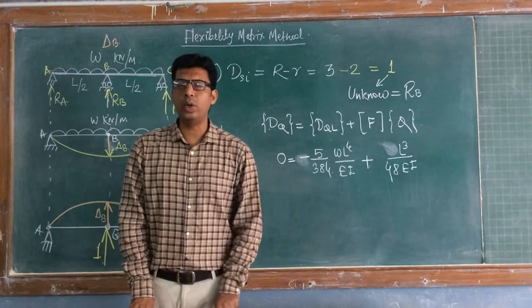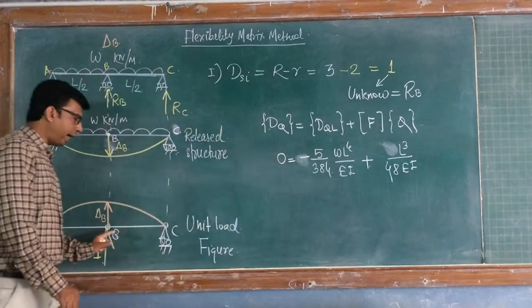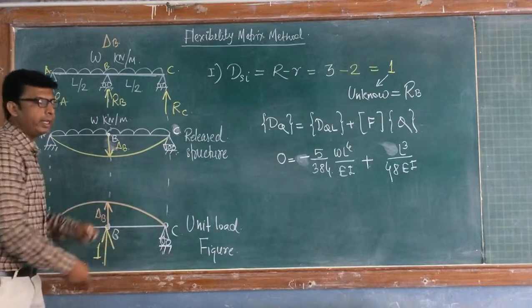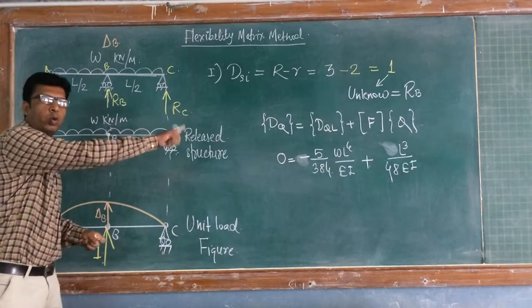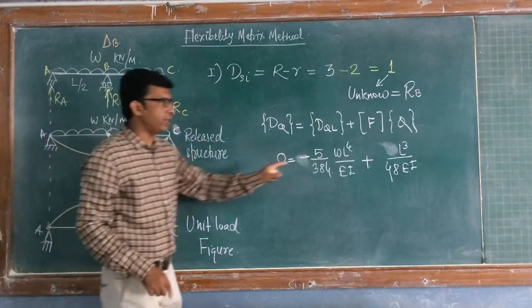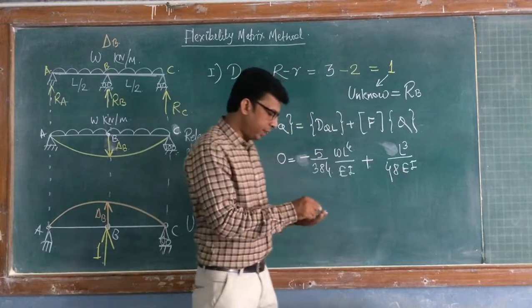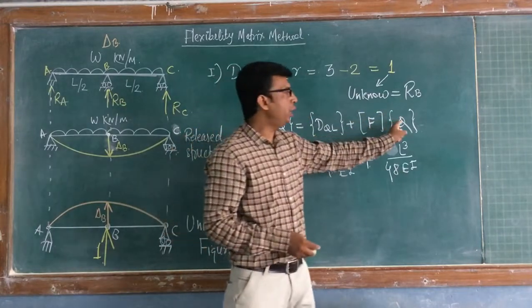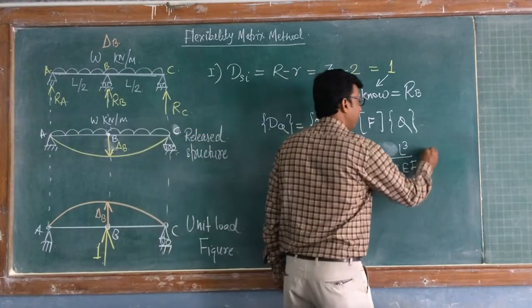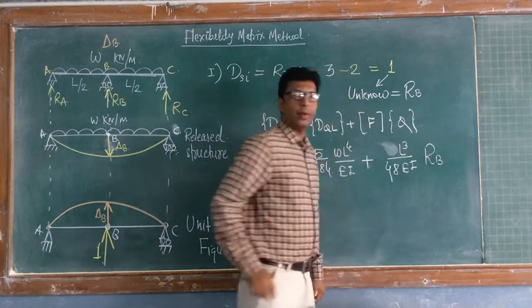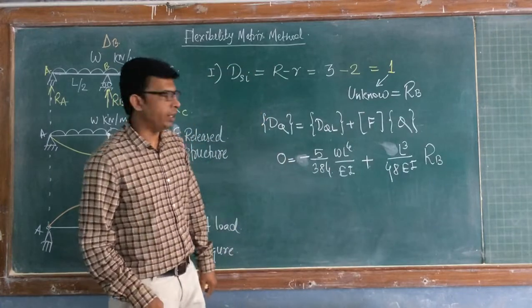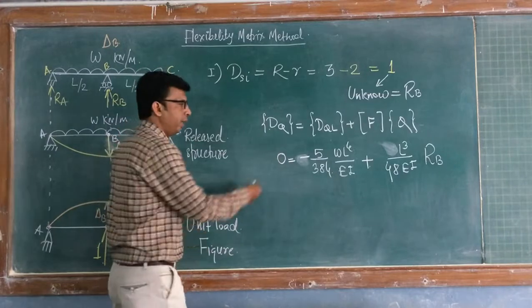Simply supported beam subjected to central point load, magnitude of point load is 1. The point load is acting in a vertically upward direction, so the beam will deflect upward. In the release structure, the beam deflects downward, so it is minus. Since it is deflected upward here, it is plus. So this is the flexibility coefficient. Q stands for the unknown redundant, which is RB. So this is the complete compatibility condition.